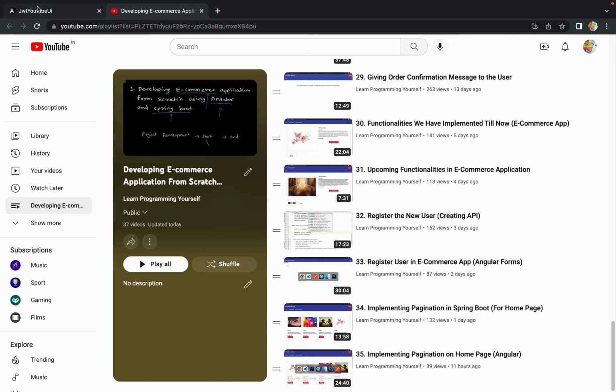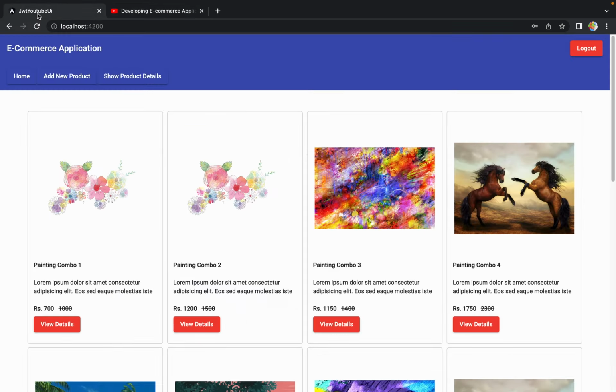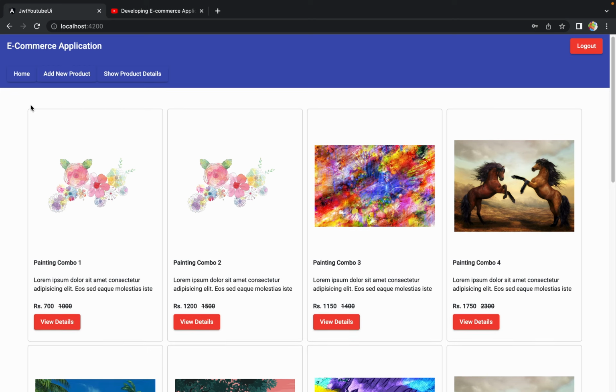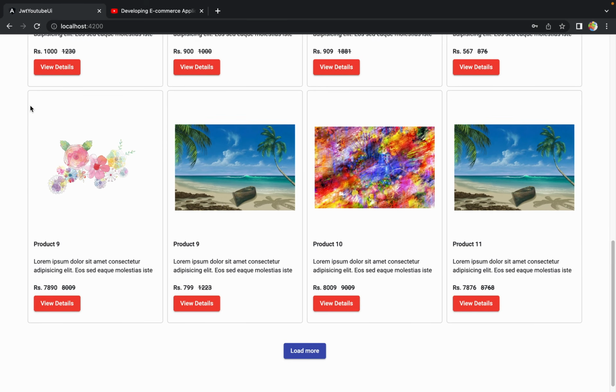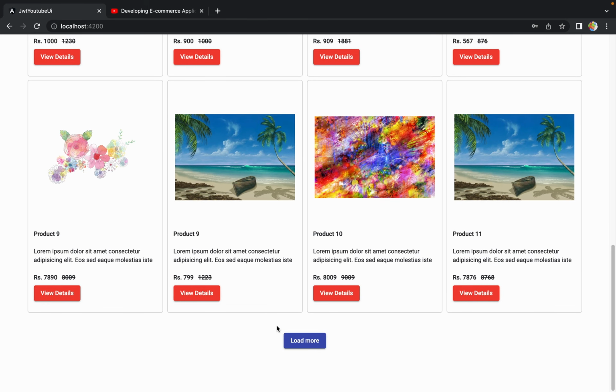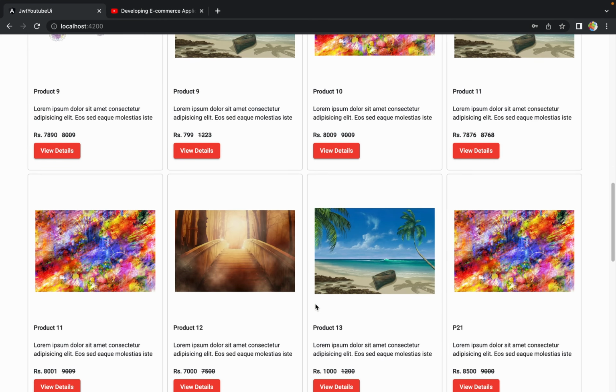What we are trying to achieve is, if I go to the application and come to the home page, we are trying to show all the product details. In the very first request we will fetch 12 products and show them on the screen. If I scroll down, we have a button called load more. Whenever we click on this button, it will load the next 12